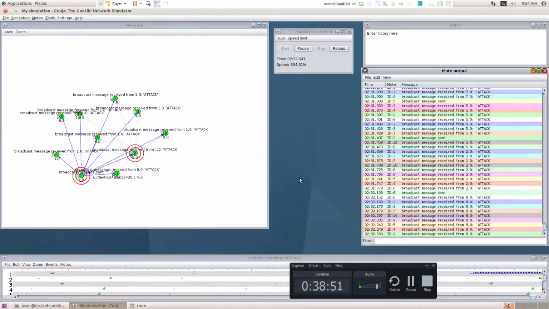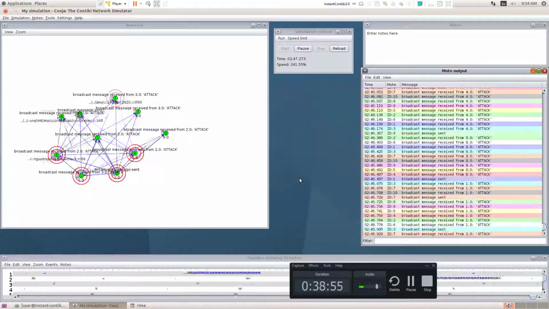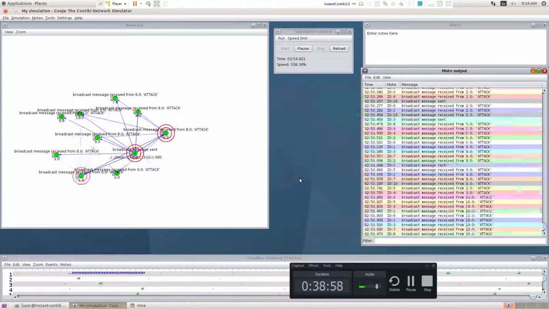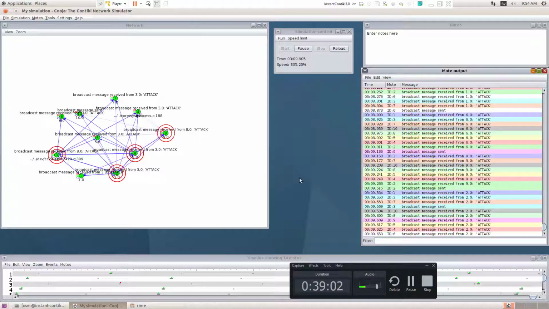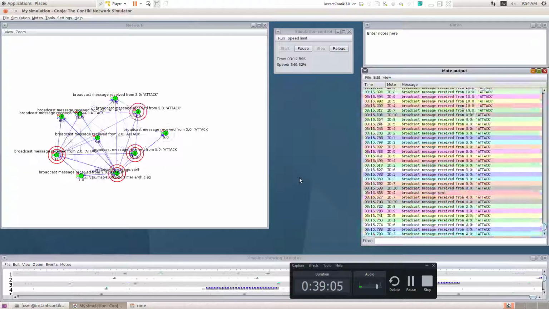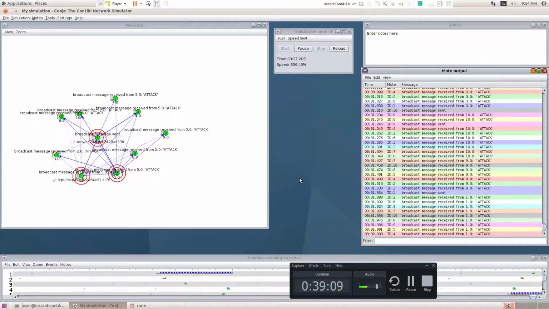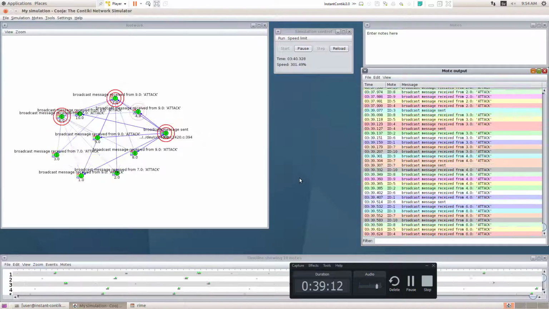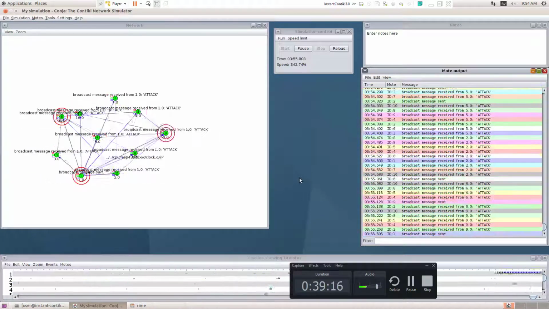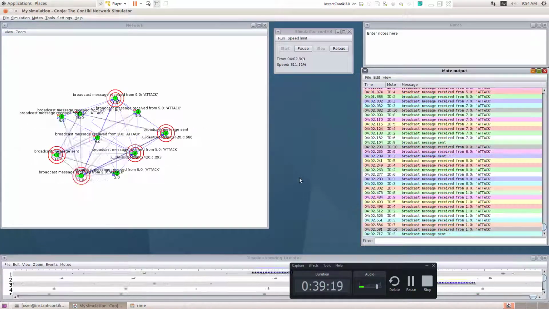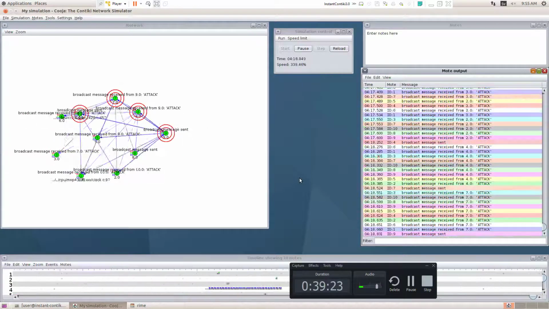Now what we are going to do: whenever we increase the broadcast, automatically every node is going to have a problem. The problem is it is going to consume more power. Now I want to display the power consumption, that means how much electricity it is using.